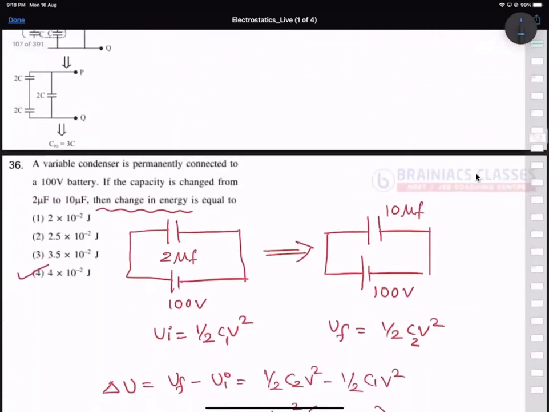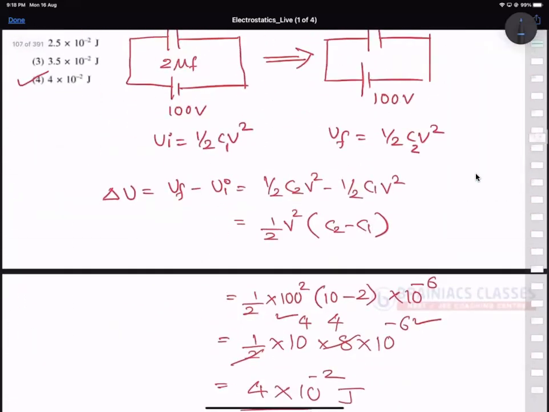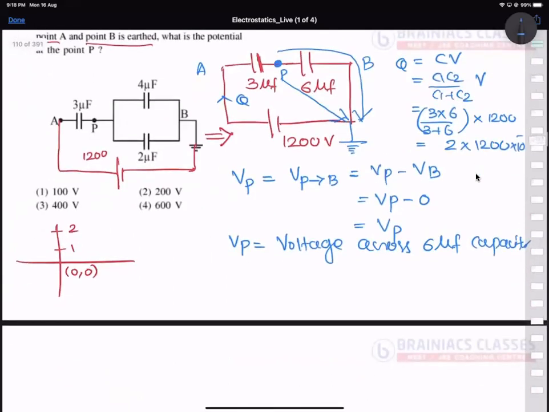So one more 10 power minus 6 will be there with us. Because the numerator is 3 into 10 power minus 6 times 6 into 10 power minus 6, where microfarad is converted to the SI unit. So in the denominator we have only one 10 power minus 6.